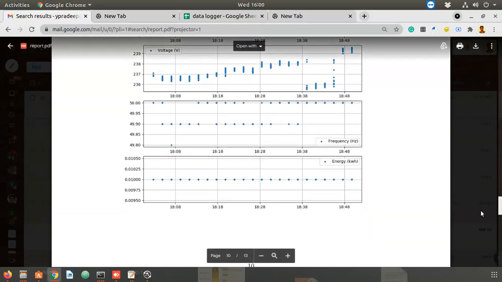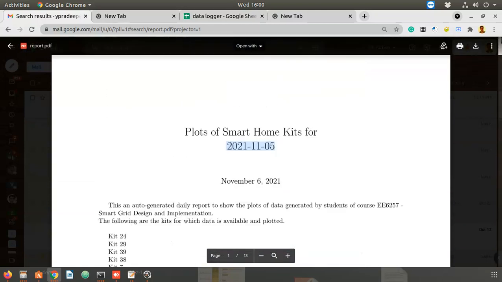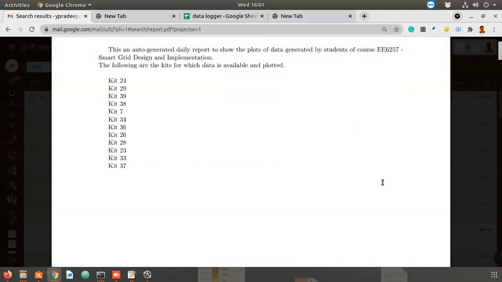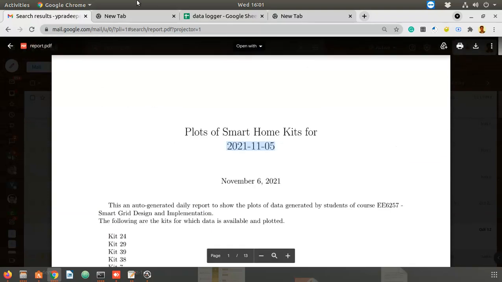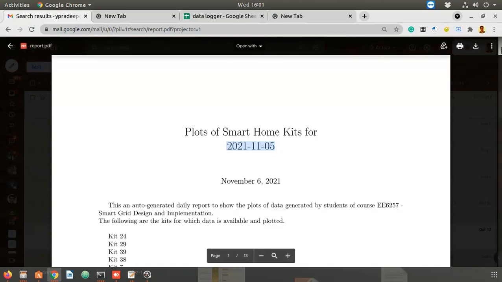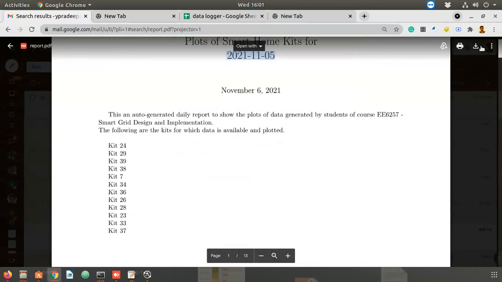So how do we generate this kind of PDF file automatically? Every time you don't have to do the processing; you can do it automatically. This is what I want to demonstrate in this set of videos. We'll be writing some Python programs to do this: one code for downloading the data, one code for creating the image plots, and another code for merging all the plots into one single PDF file.